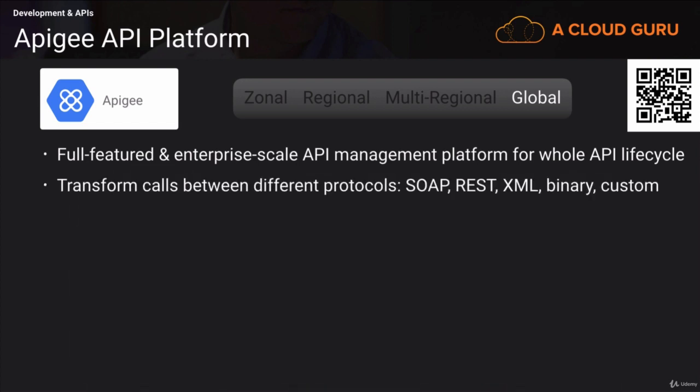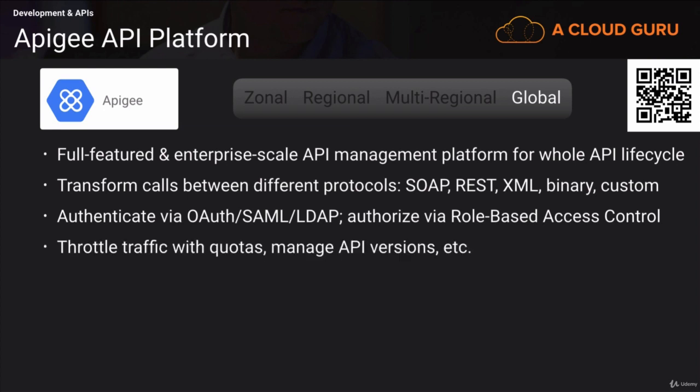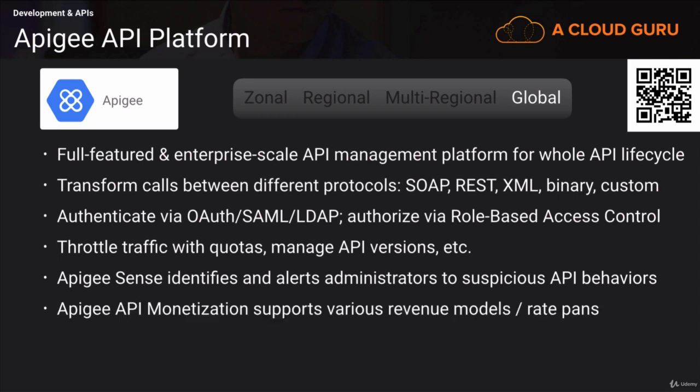Apigee can transform calls between different protocols, including SOAP, REST, XML, binary, and custom ones, and it can authenticate through a number of open protocols and authorize via role-based access control. Now, Apigee has a whole laundry list of features, like throttling traffic with quotas or managing API versions. The list is long, and you can check it out in the documentation. Their Apigee Sense feature can notice suspicious behavior, and the API monetization feature can support a number of different revenue